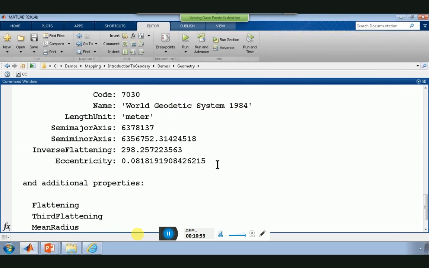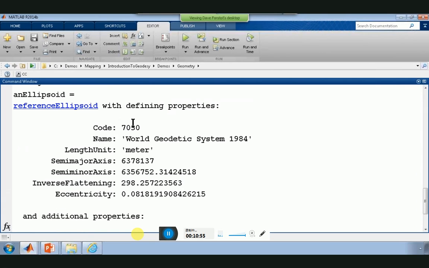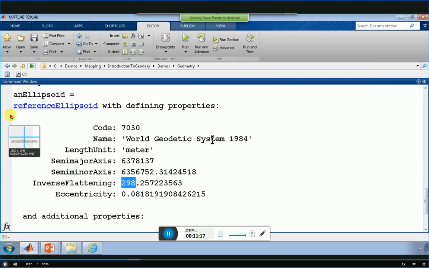we can see there's a little bit more information than just a radius. As a matter of fact, we can't have just a radius anymore because the semi-major axis and the semi-minor axis are different. And so here you see that inverse flattening ratio that I was talking about before, and the Earth is very close to 300. Now this is for the World Geodetic System of 1984, WGS 84, and